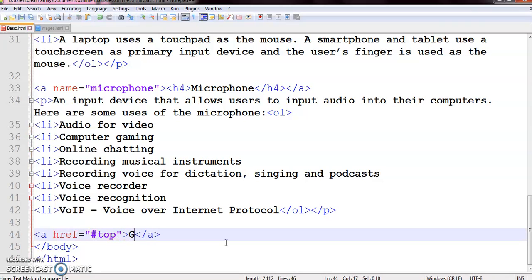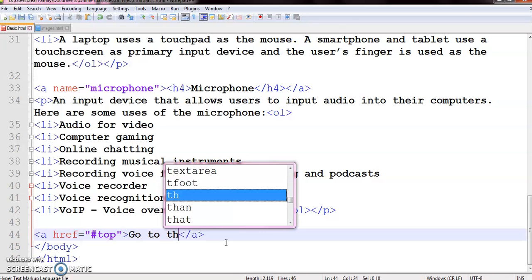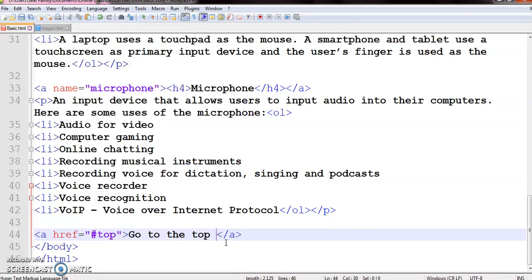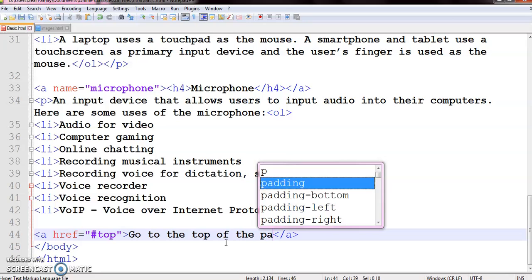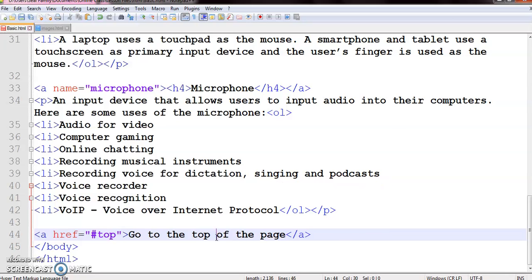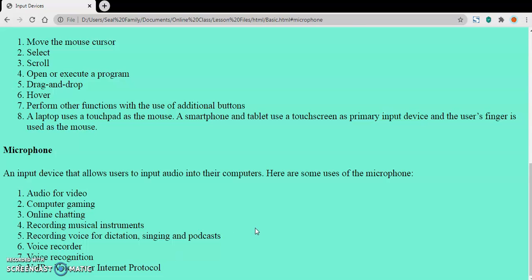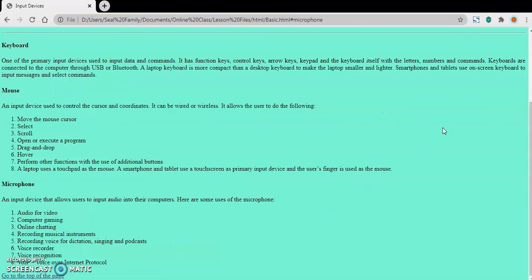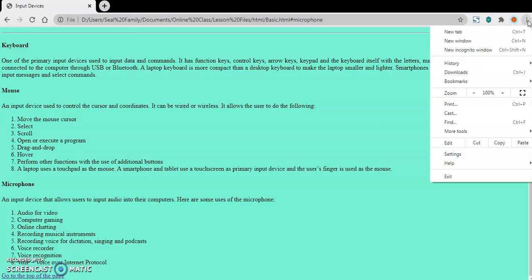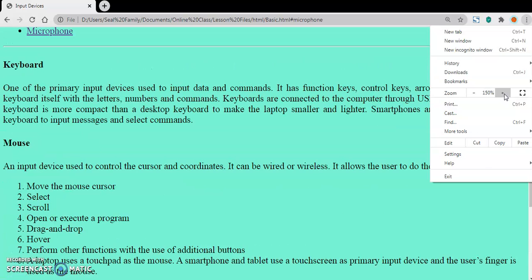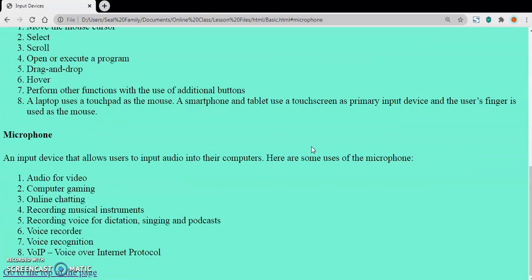So let's here write go to the top of the page. So this will be my text. Now let's save here, refresh it once more, and as you can see, a link appears, go to the top of the page.